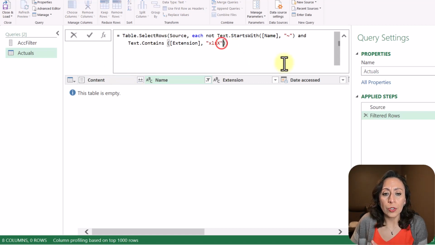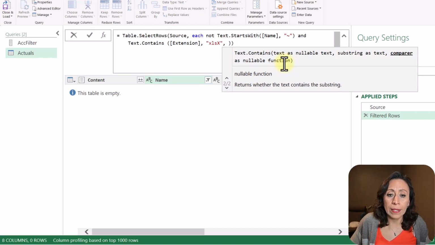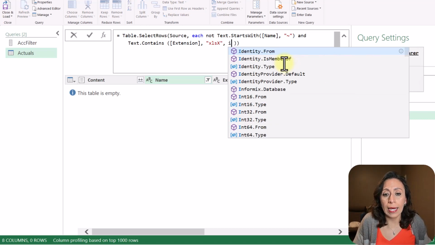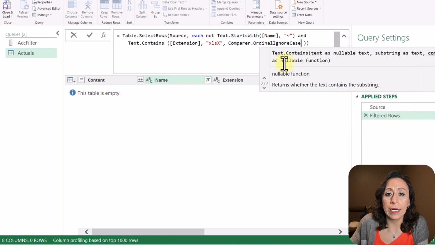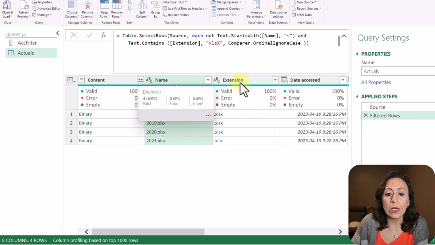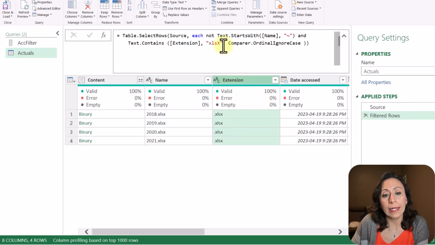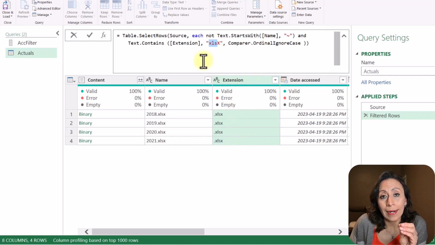To avoid this issue, after this XLSX, I'm going to provide the comma and I'm going to use the last parameter that this function has, which is Comparer.OrdinalIgnoreCase. So I press enter and now it's ignoring that there is a capital letter here and everything else is lowercase. As long as the text in this column includes XLSX, then it will bring the information.